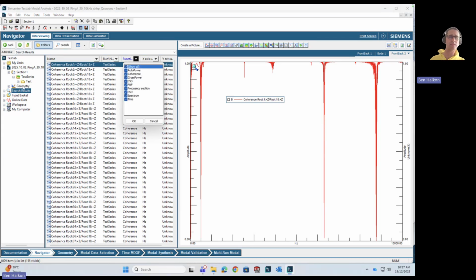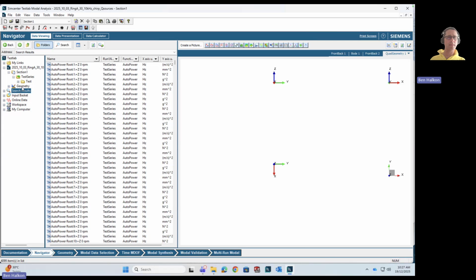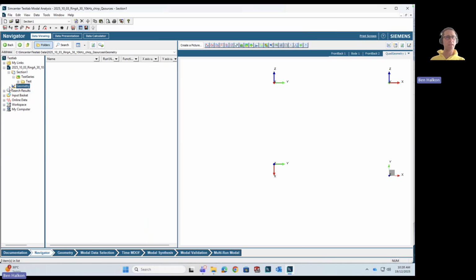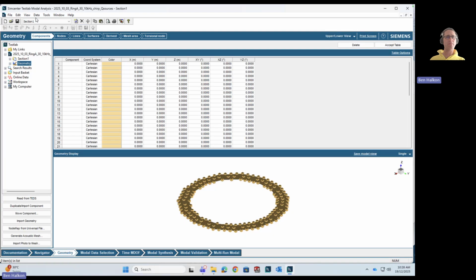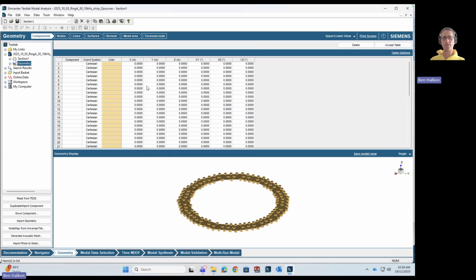And the challenge comes when we start to try to do something with the geometry that we also need. So if I open a geometry display here and try to have a look at the geometry, actually there's nothing inside. Normally there would be a component or multiple components identified here, and nothing comes up. If I add in the geometry tool, which I can do by adding this in here, then I can see that there is some geometry, but